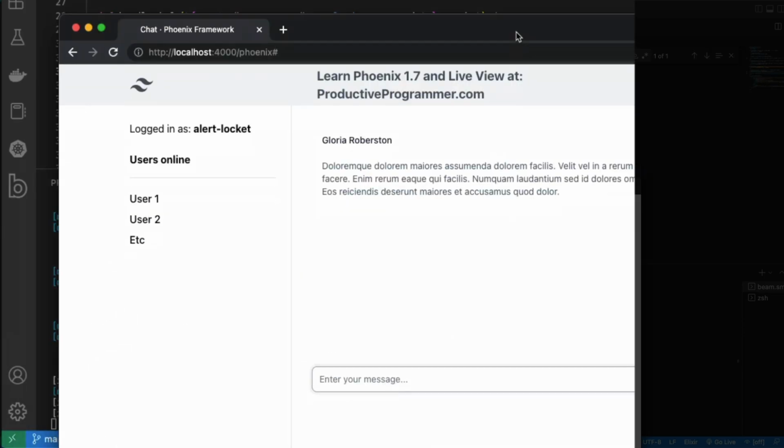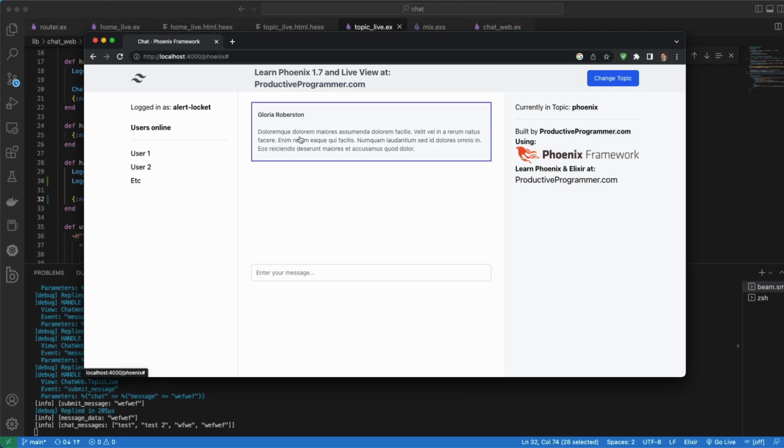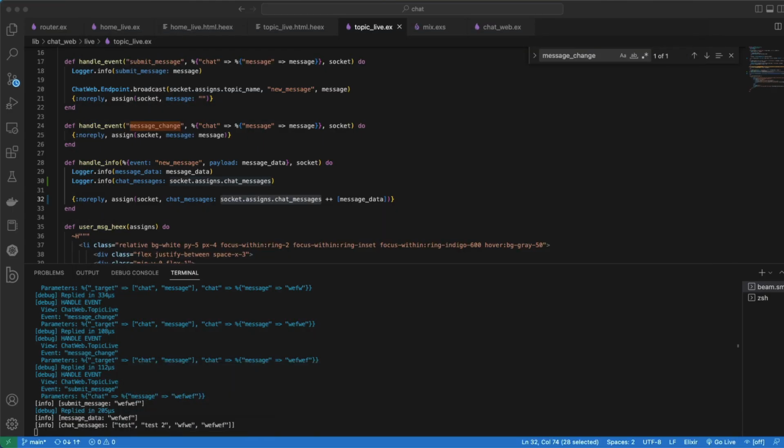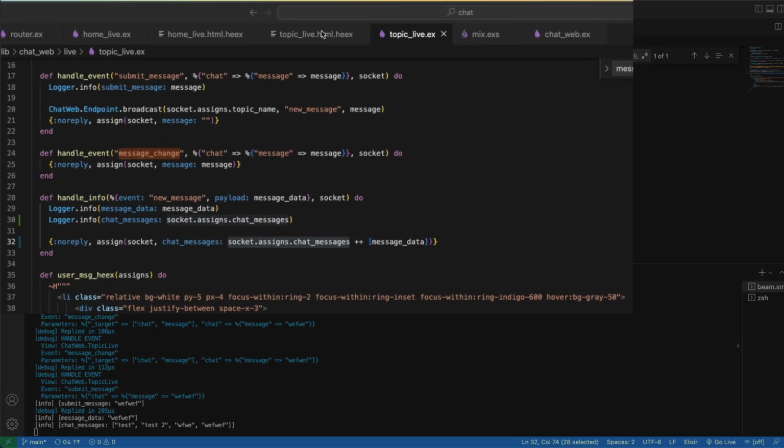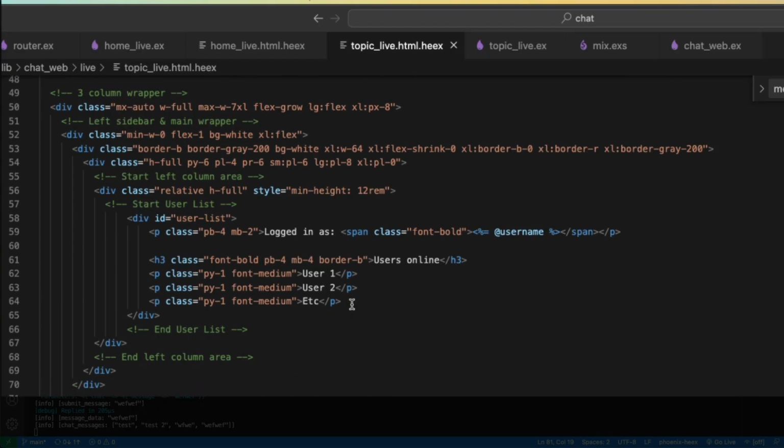So our code is executing after we add data to it, but you can see that it is adding information to the chat messages. So now we are logging those chat messages. Let's go ahead and output these chat messages here on the page so that we can actually have real chat messages. So let's go over to our topic live code, and let's set up a nice little for loop